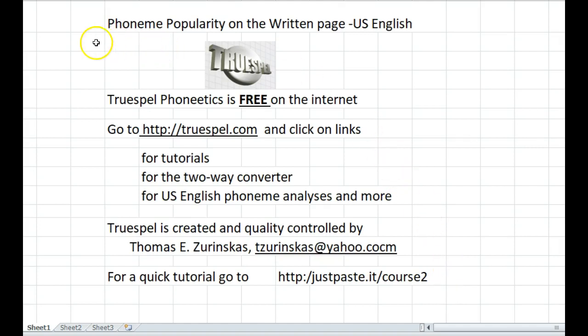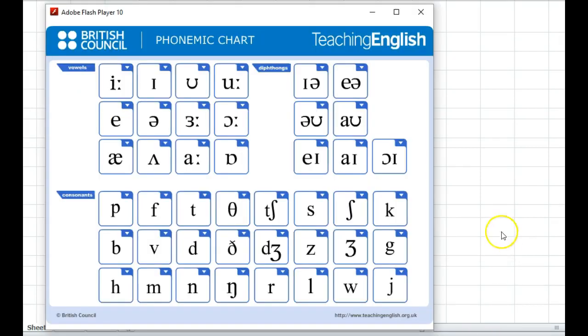Right now, I want to talk about phoneme popularity on the written page, which is different from a dictionary list. Say you have a dictionary list of 60,000 words, and you look at phoneme popularity there. The list will be different from the popularity of the phonemes on the written page, because many phonemes are repeated far more than others. And the problem with phonetics right now is that it is inherited from the